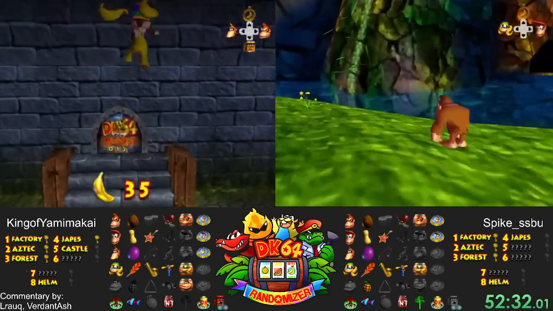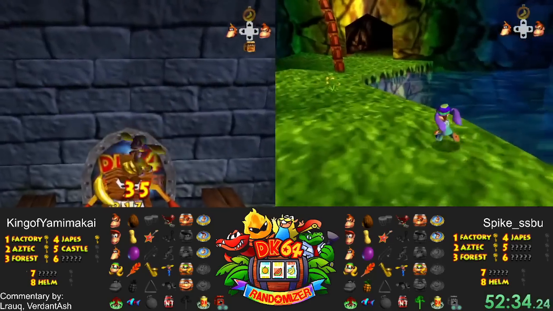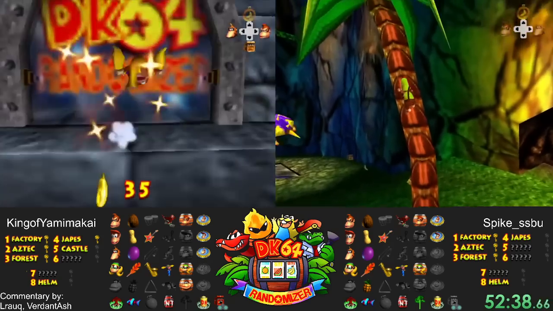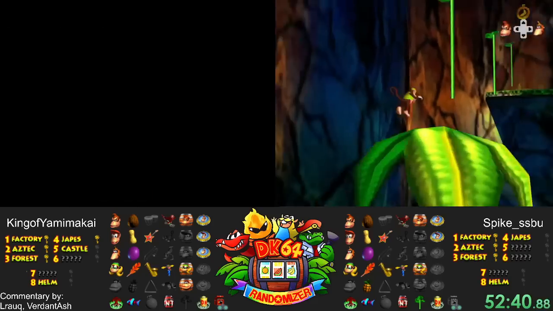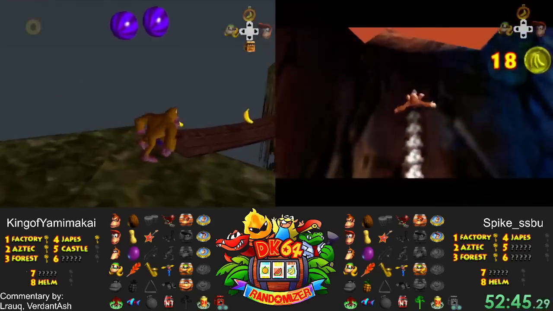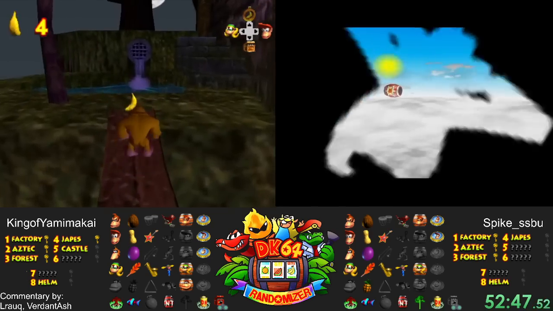Oh wow, another fairy for King. That's big. We got 30 plus 3 blueprints for Spike and 35 plus 6 blueprints for King. He is, wow, powered ahead on 41 GBs. That's impressive. I'm trying to figure out where that time came from. I think...